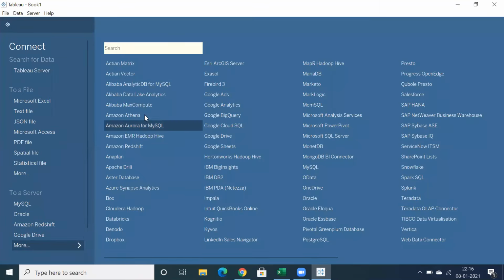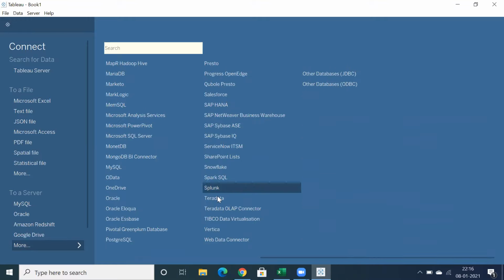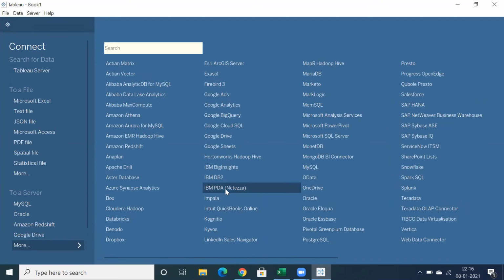You can connect to n number of databases, like Impala, IBM DB2, Oracle, Microsoft SQL Server, and you can also see Teradata and IBM Netezza.